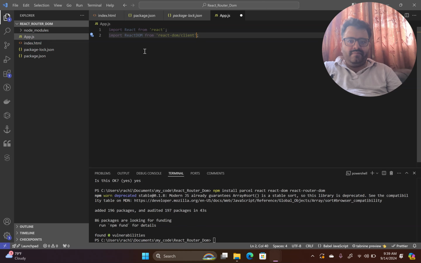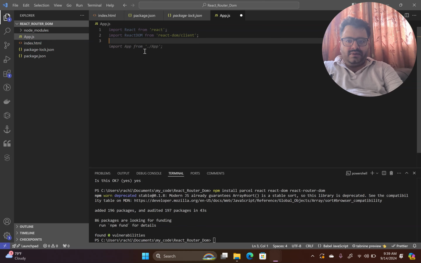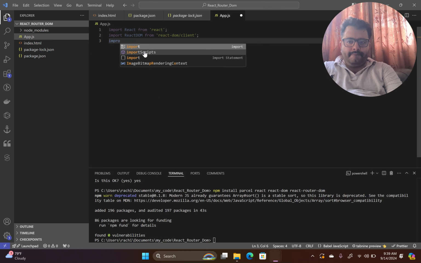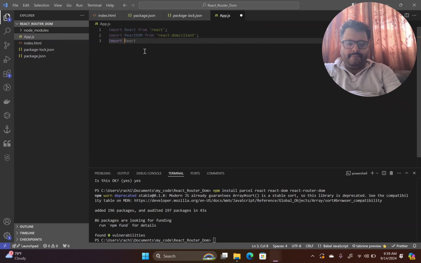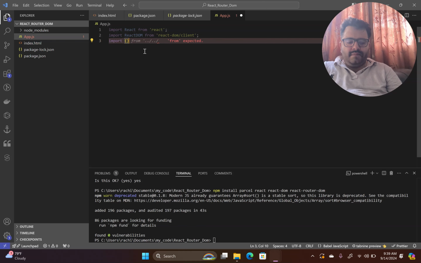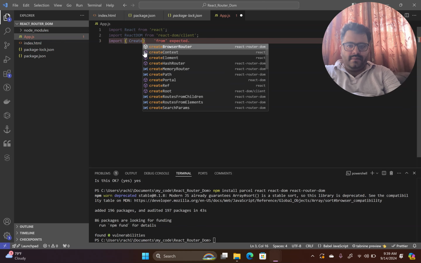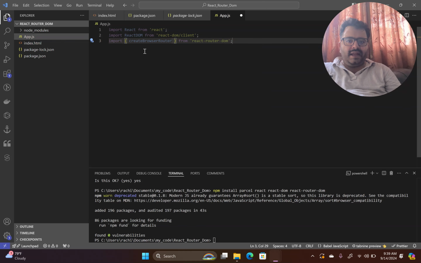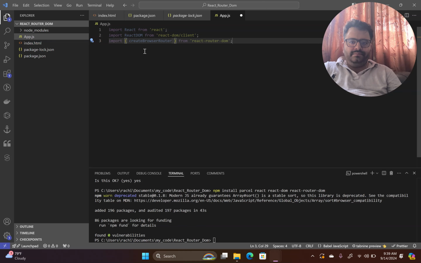Yep. Also, we'll import createBrowserRouter from react-router-dom. All right. So moving forward,